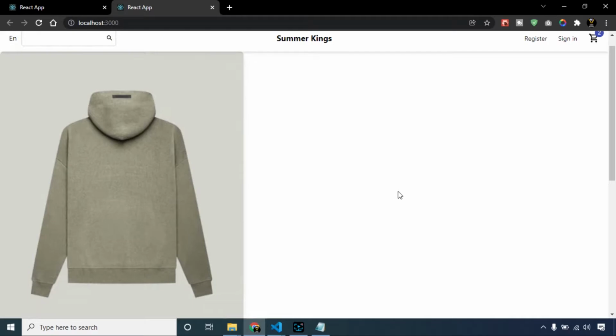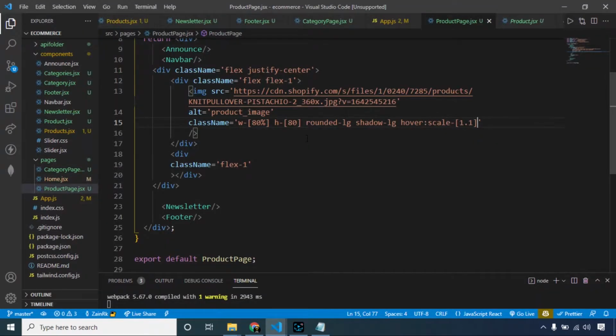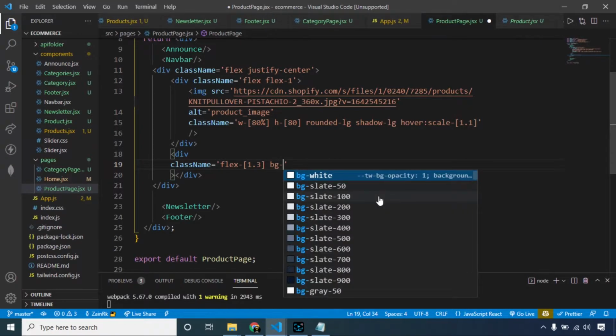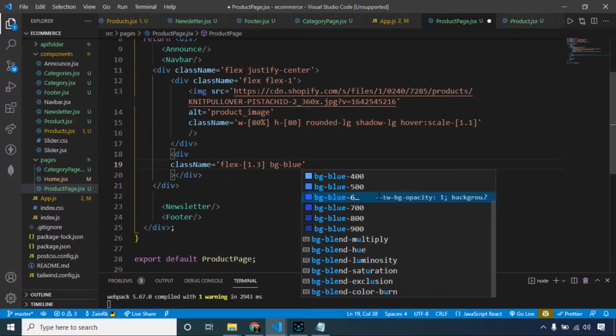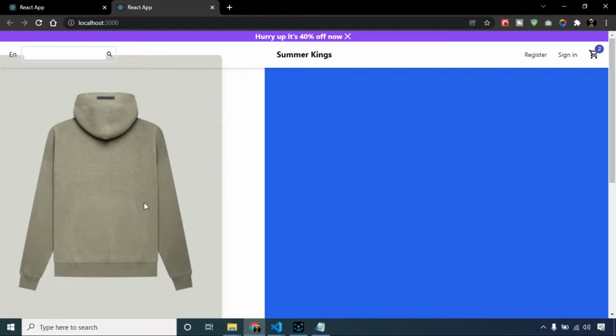Okay, it's working now, but it is going out of its limits in the navbar section. To correct it, first I should increase the flex value of the details section to 1.3, and to make it clear, I am making its background blue. Now we can see it clearly, but still our image is not in the center of the div.